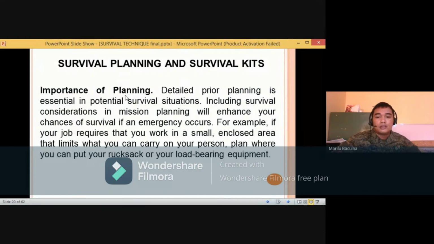Importance of planning. Detailed prior planning is the initial step in a potential survival situation. Including survival considerations in mission planning will enhance your chances of survival if an emergency occurs. For example, if your job requires that you work in a small